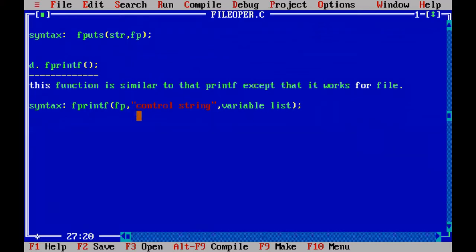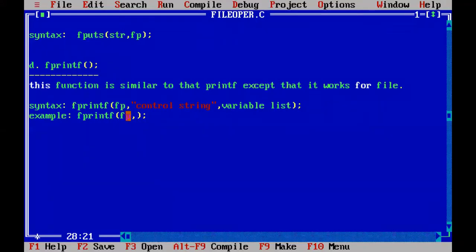Now after taking these three arguments, what will the fprintf function do? Right now we are going to write the data, so let me write an example so that you will understand. Example: fprintf. The first argument is a file pointer associated with the file. fp is nothing but a file, because the file is pointed to by fp.